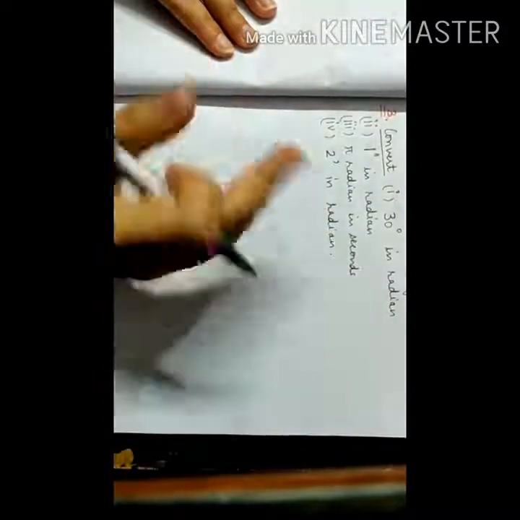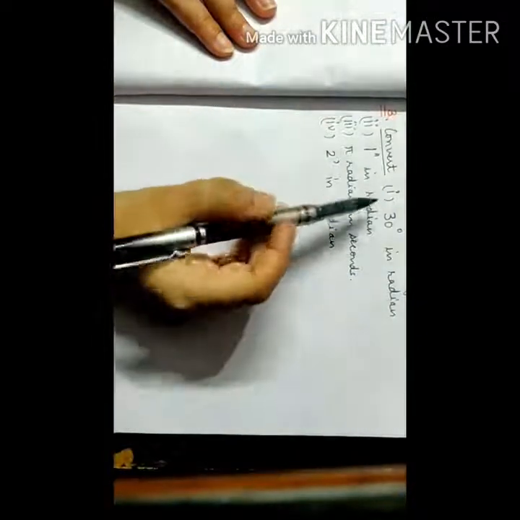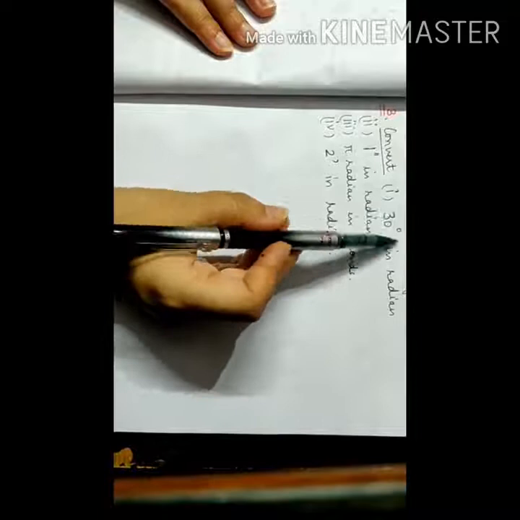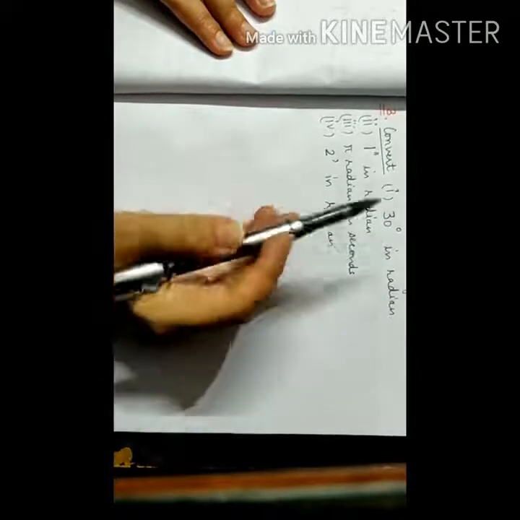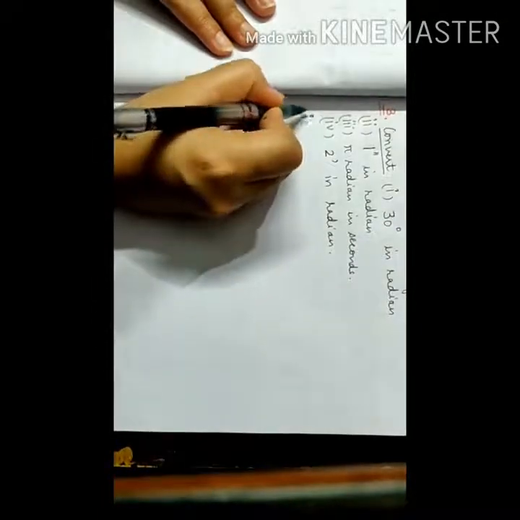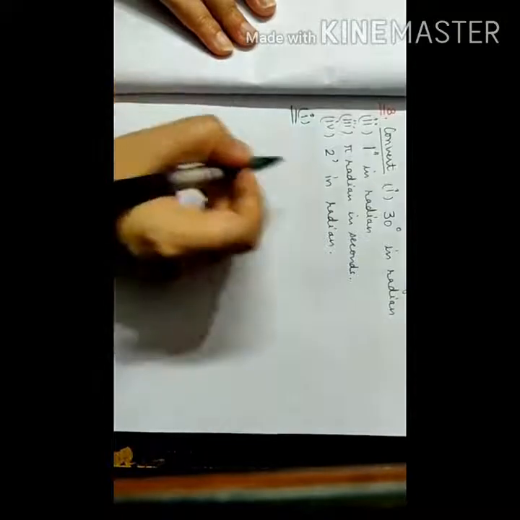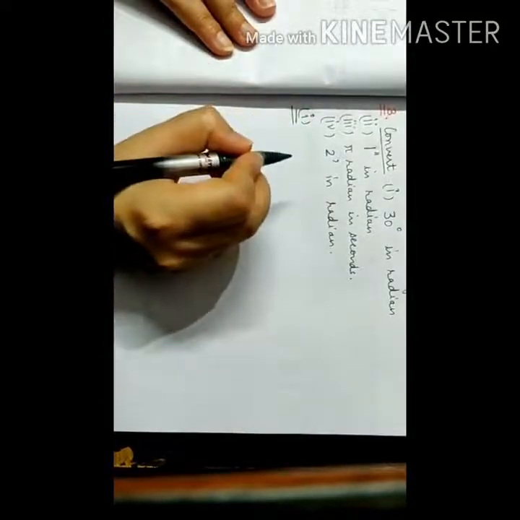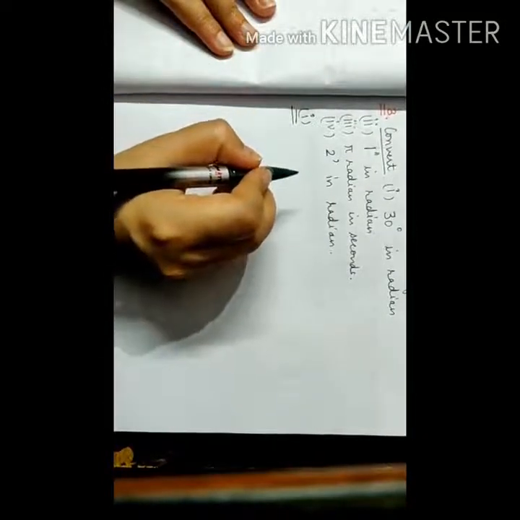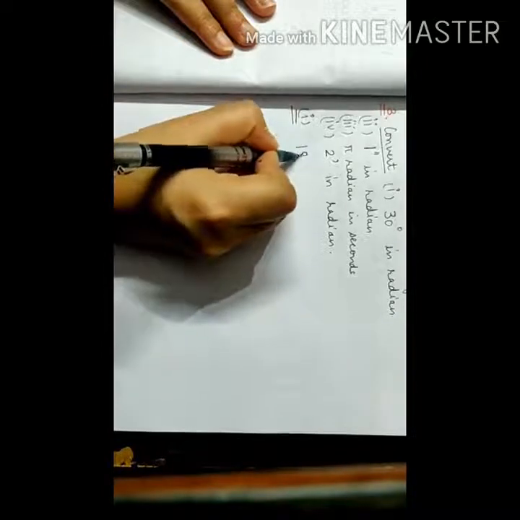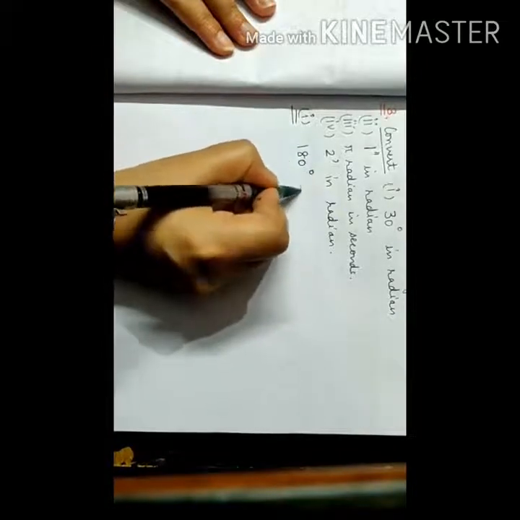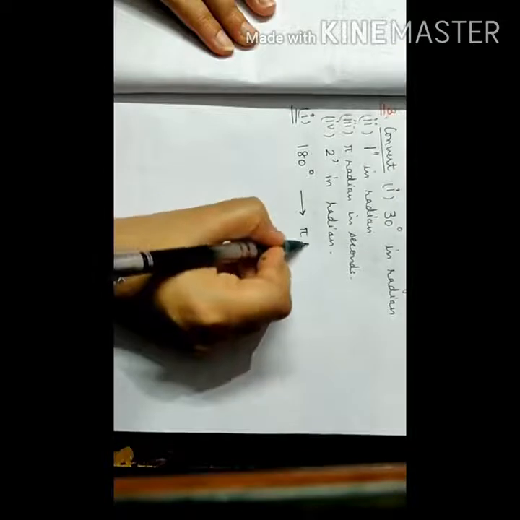Now coming to question number 3. Question number 3 is of conversion. We have to convert these 4 quantities in the given system. Like in question number 1, we have to convert 30 degree into radian. Now for converting it, I am solving question number 1. First of all, use a relation that you can learn easily, right? Now learn 180 degree is always equal to pi radian,